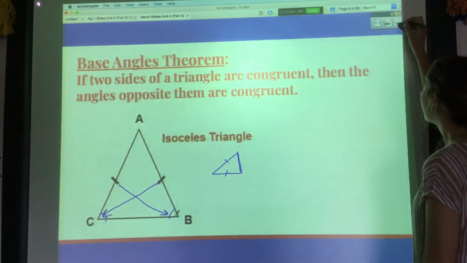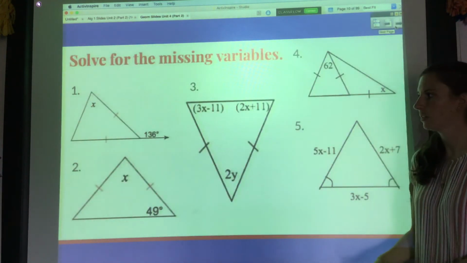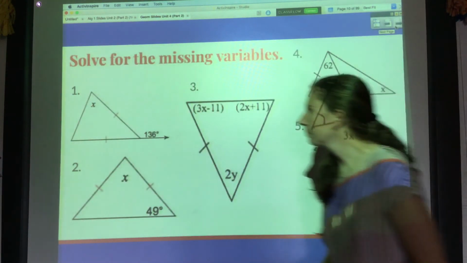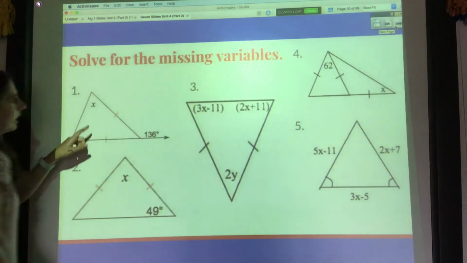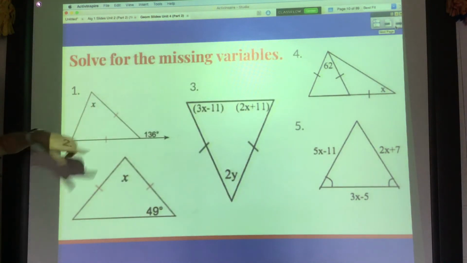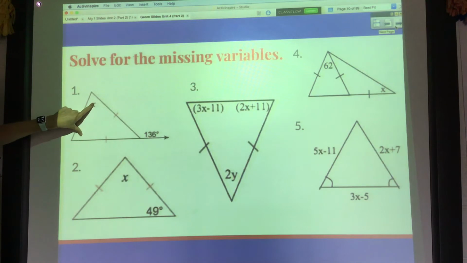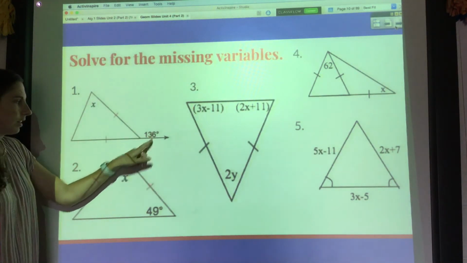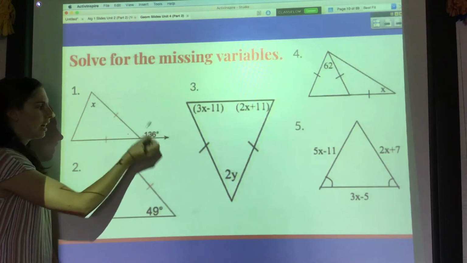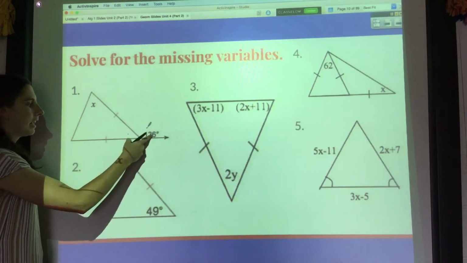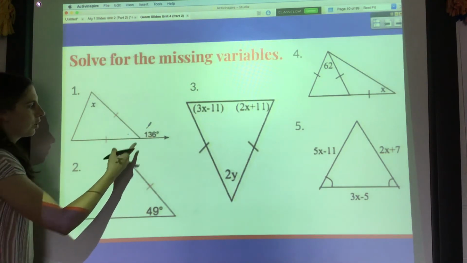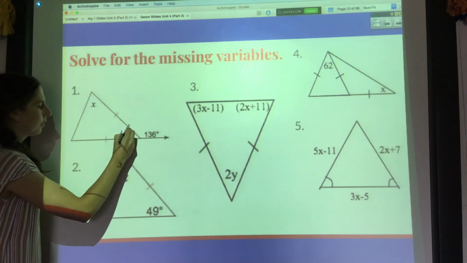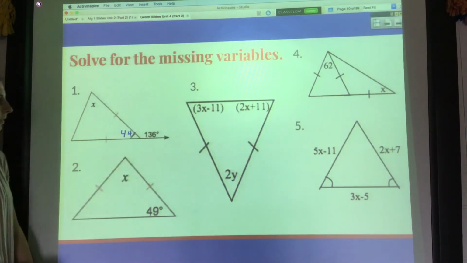Again, we can use this to answer problems. So for example, I'm again trying to solve for x. I don't really know what these are yet. All I'm given is the 136. But if that's 136 and this is a straight line, I know that 180 minus 136 would be 44, because